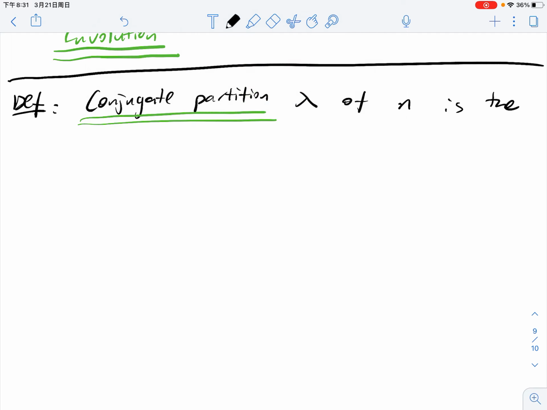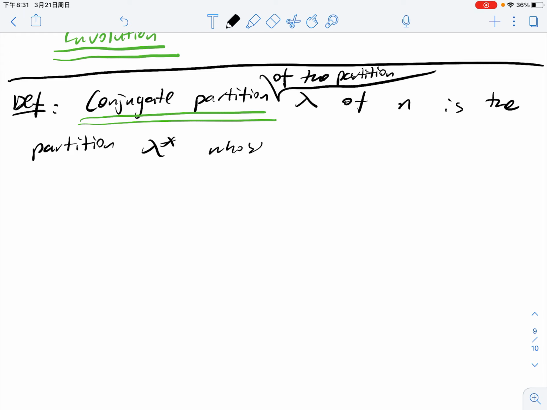I should say it like this. A conjugate partition of lambda, a partition of n, is a partition lambda star whose diagram,